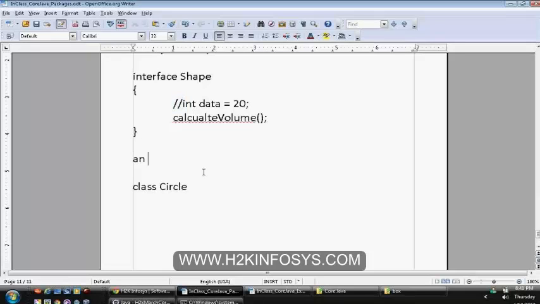An interface needs to be implemented by subclasses. An interface was not supposed to be extended, they are supposed to be implemented. The reason for that is you are supposed to implement all the methods.